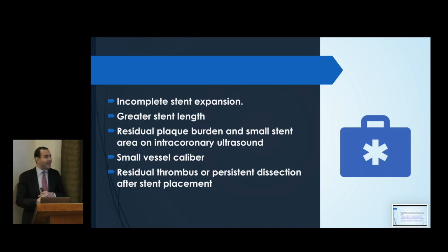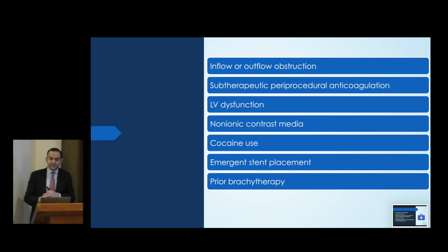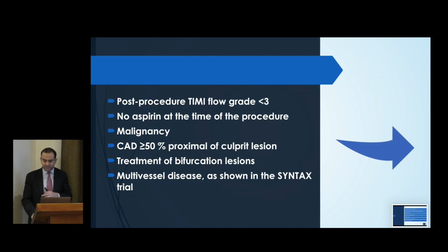Back to the risk factors: incomplete stent expansion, greater stent length, residual plaque burden, and small stent area on intracoronary ultrasound, small vessel caliber, residual thrombus or persistent dissection after stent placement. Other risk factors: inflow or outflow obstruction, subtherapeutic peri-procedure anticoagulation, LV dysfunction, non-ionic contrast media, cocaine use, emergent stent placement, prior brachytherapy. Other risk factors: post-procedure TIMI flow grade less than 3, no aspirin at the time of the procedure, malignancy,